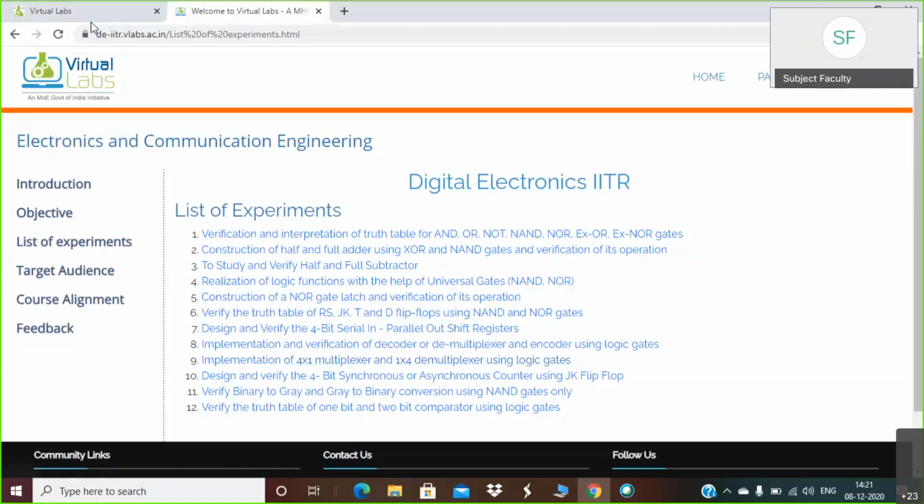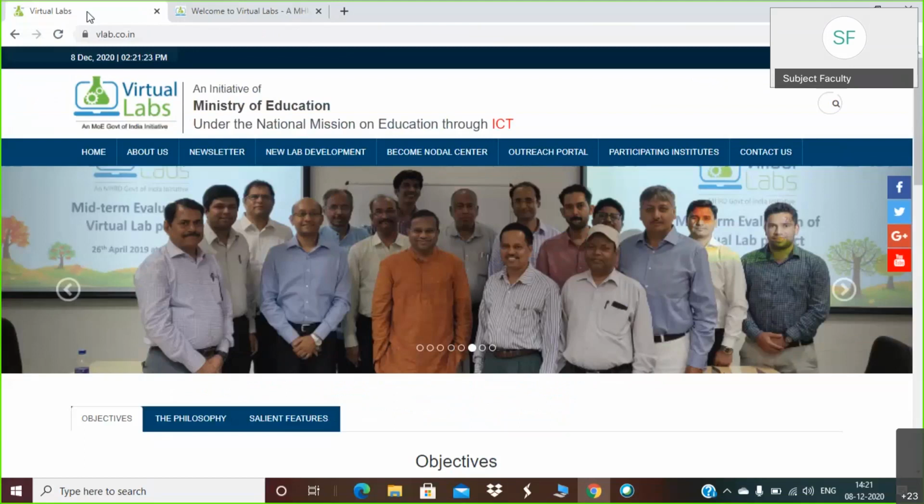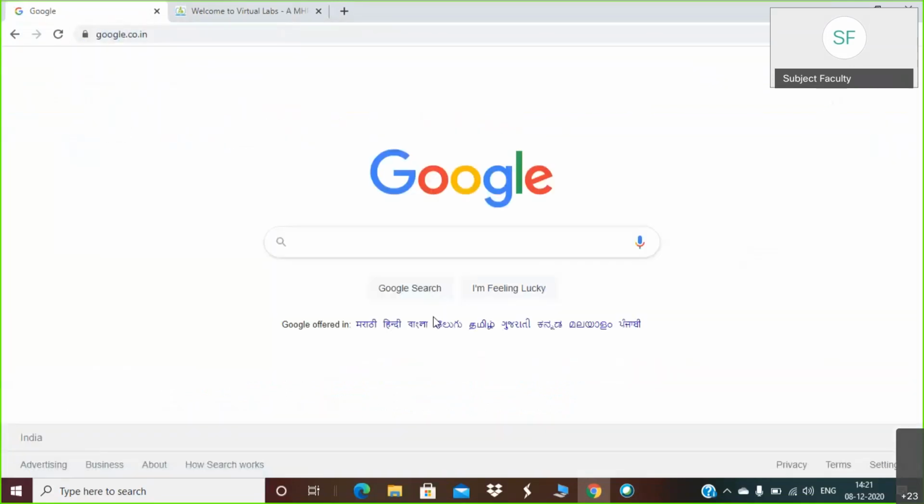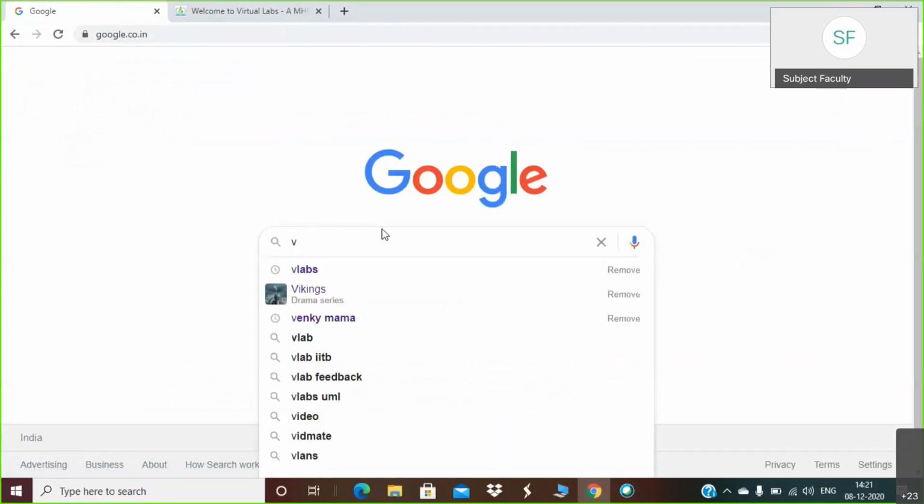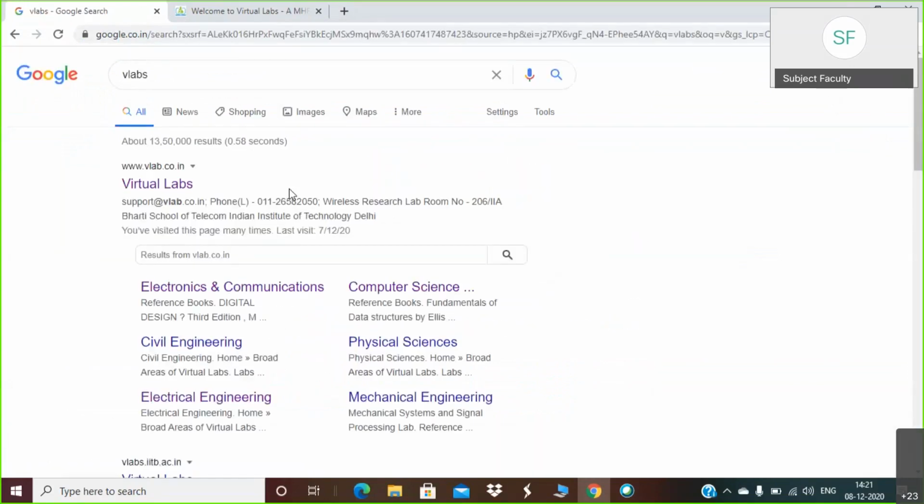So again, I will just tell you how to access these virtual labs one more time. I will go to Google. When you type VLabs in Google, the first website will be www.vlab.co.in.